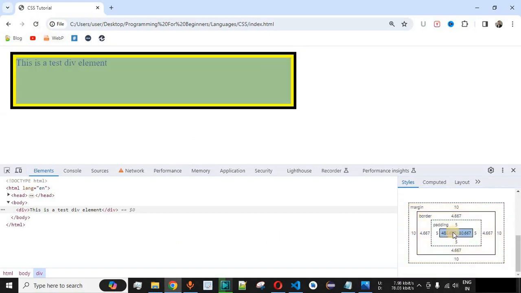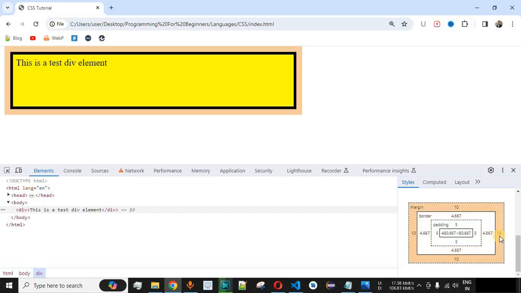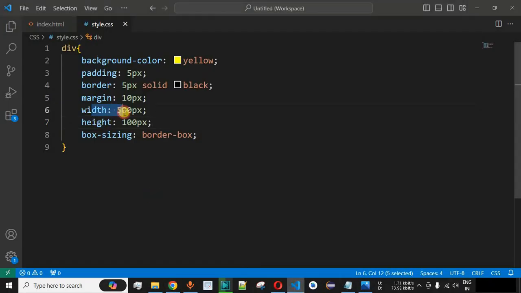So now if you see, we have 480 multiplied by 80 as the width and height of the content over here. So basically the content width and height will be adjusted after providing the required spacing for the padding, borders and the margins as well if they are provided inside the CSS file. So guys, basically this is the way in order to provide the entire width and height that is being specified over here inside the CSS to the box model of the HTML element. So simply you can use the box sizing property with the value that is border box over here.